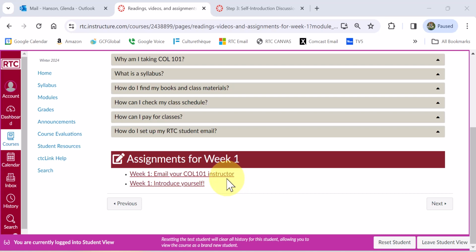Here's your assignments, and we have two assignments every week for this college success course. The first one is you're going to email your college 101 instructor. And the second thing you're going to do is introduce yourself. So click on the first link,